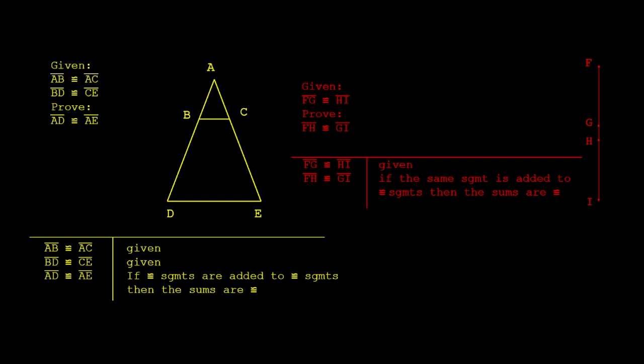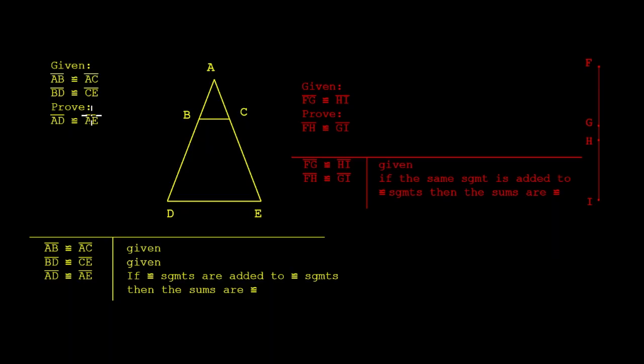In this video, we will be doing two proofs, one in yellow, one in red, regarding addition of segments. Each one has one theorem, and you'll see how they work together. Going to the yellow one first, given AB is congruent to AC, BD is congruent to CE, prove that AD